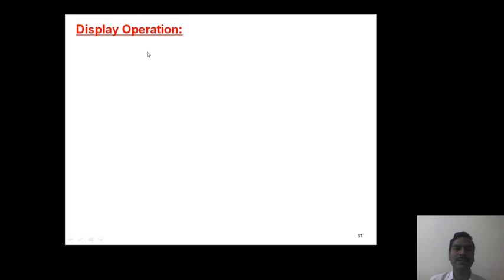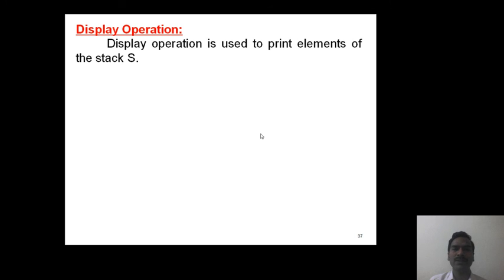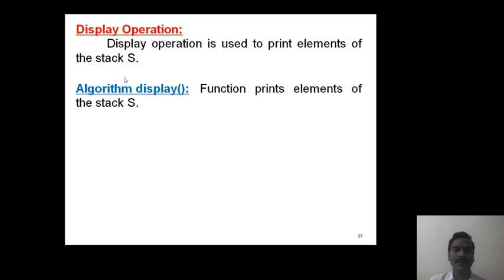Next operation, display operation. The display operation is used to print the elements of the stack. Algorithm display. This function prints the elements of the stack. While printing the elements, first we check whether elements are available or not. If elements are available, then printing is possible. Otherwise, we display a message as stack empty.